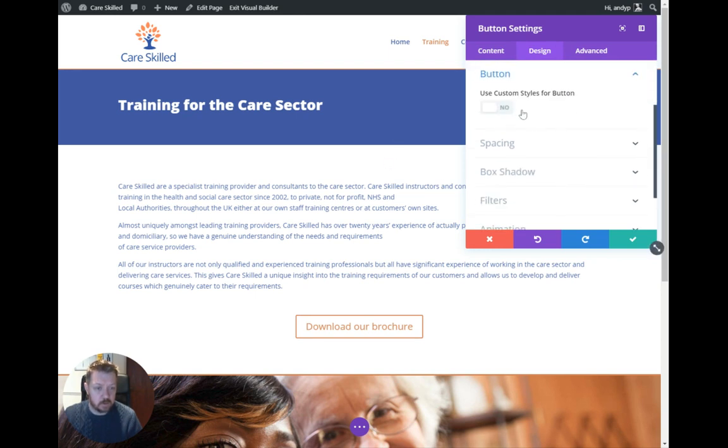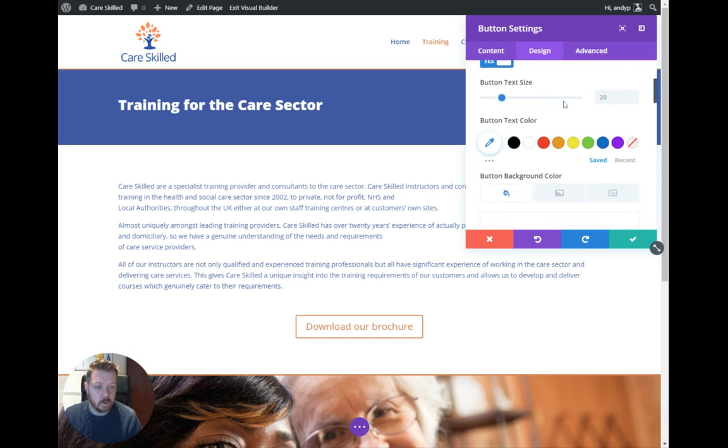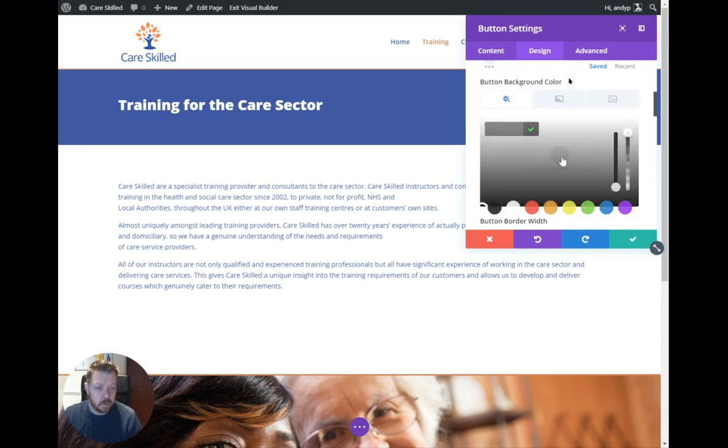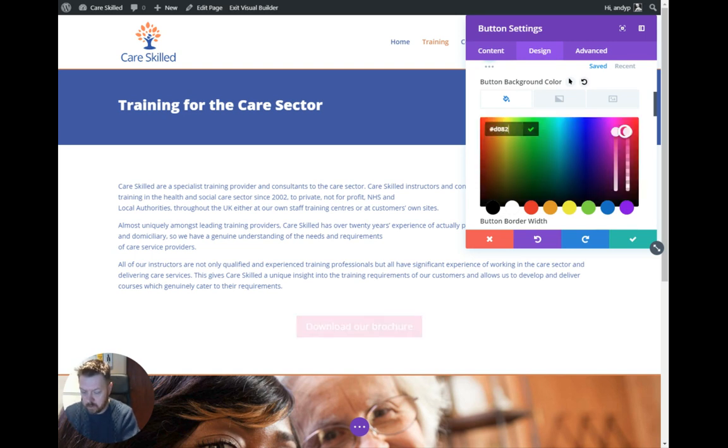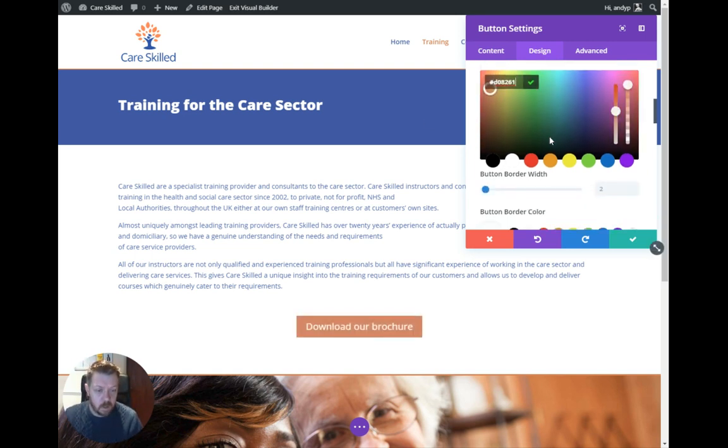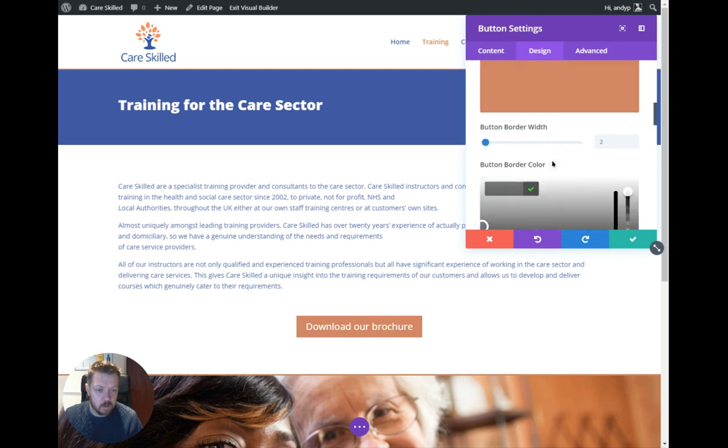I'm going to use Custom Styles. Button text is going to be white. Background color is going to be the same as the colors on the rest of the site. So I've got that over on my other screen, which is D08261. And we're going to give it a border as well, just to give it a bit of a finished edge. So